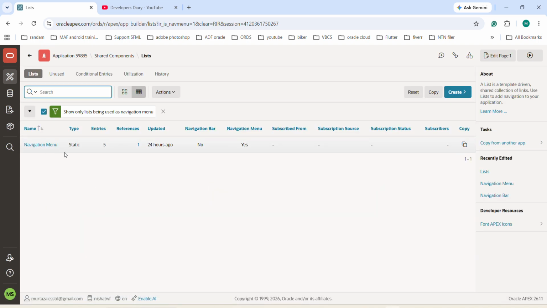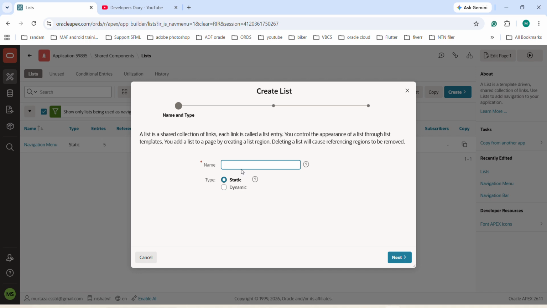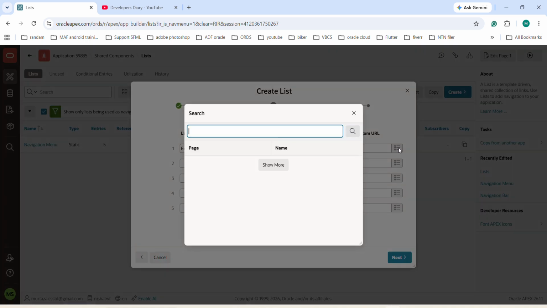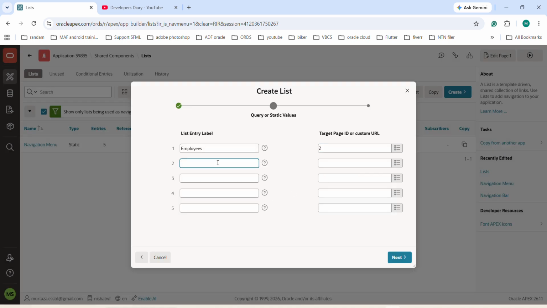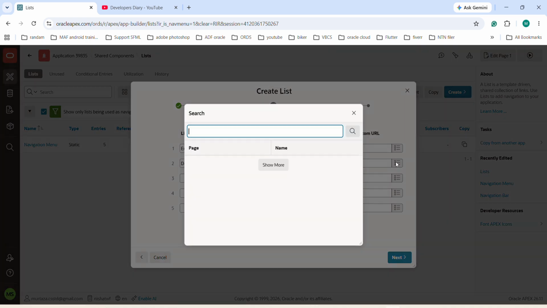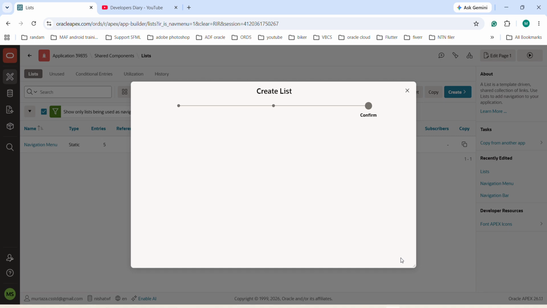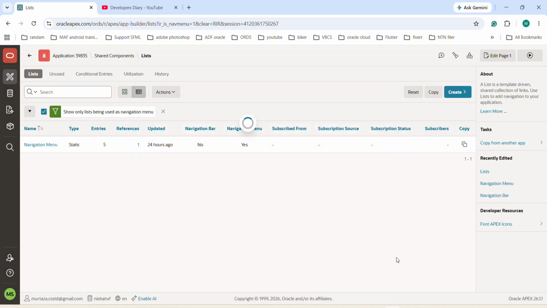Currently, you can see that a navigation menu is showing by default. Let's create a static navigation menu. Click Next. Employees and then department. It is very similar to the list that we have created in the previous tutorial. So create list,